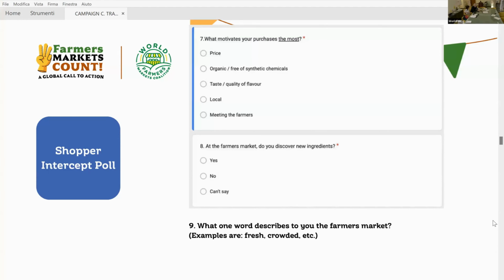It may correspond to why they keep coming. They might say organic, or they might say fresh, or they might even give you the name of a particular farmer they like. But I think this is one chance for them to put in their own words why they are there. And I would say that for this and all the other questions, they will be translated